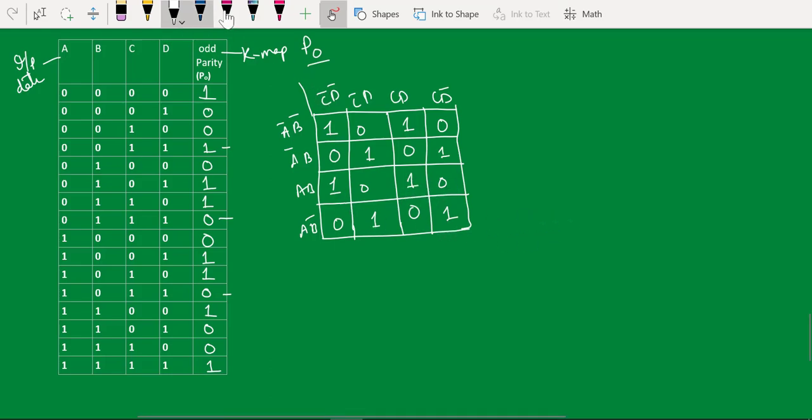Again, if you look at here, all are isolated ones. There is no possibility for the pair formation. I have to take the isolated ones to get the final expression for this particular output. So if I take in that way, P odd parity will be, if you take along this line, A bar B bar times C bar D bar plus CD,